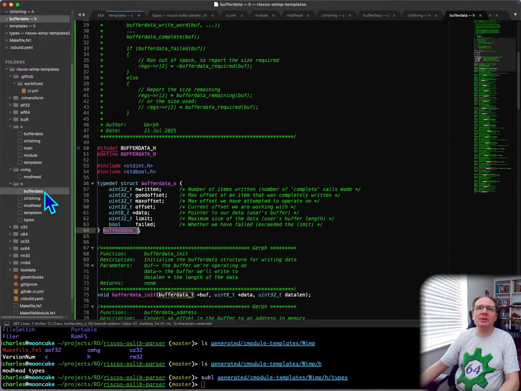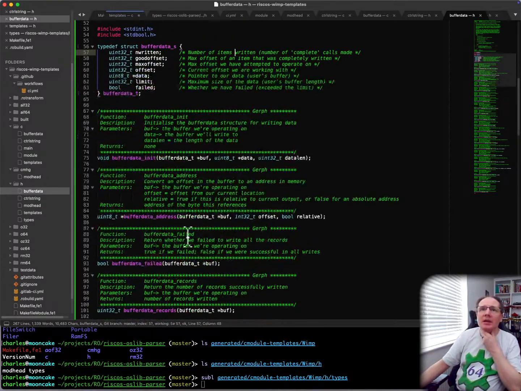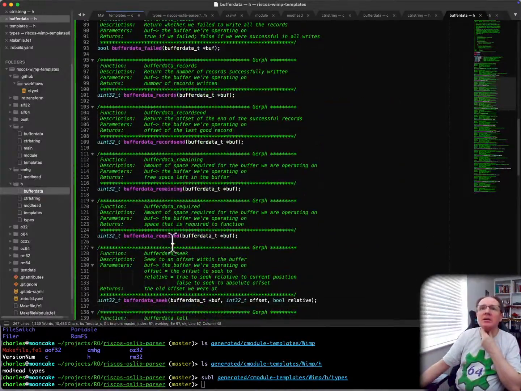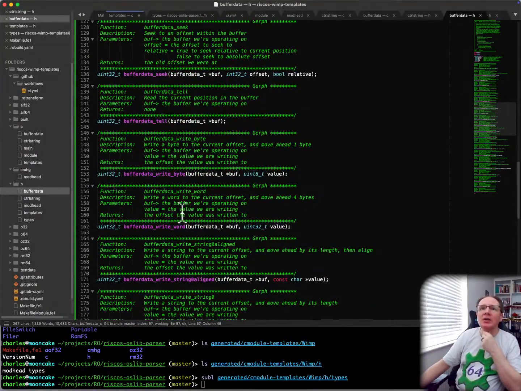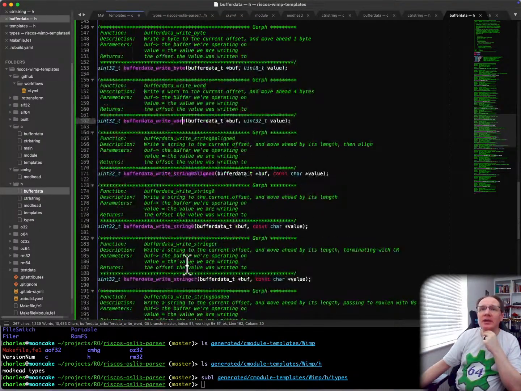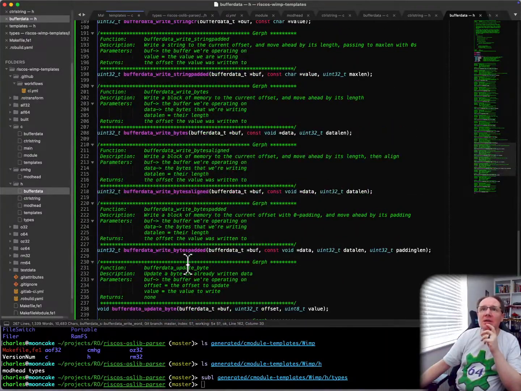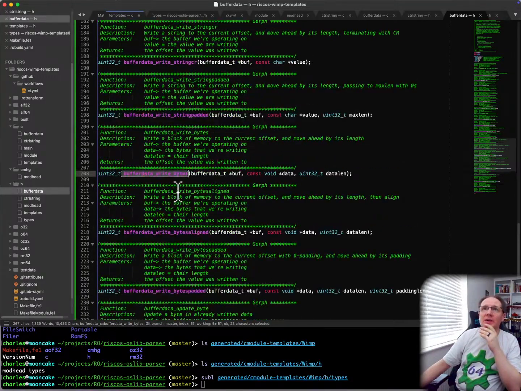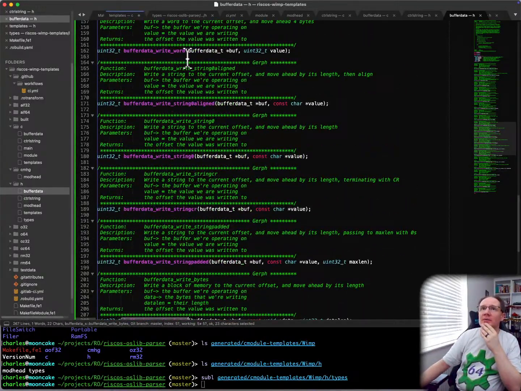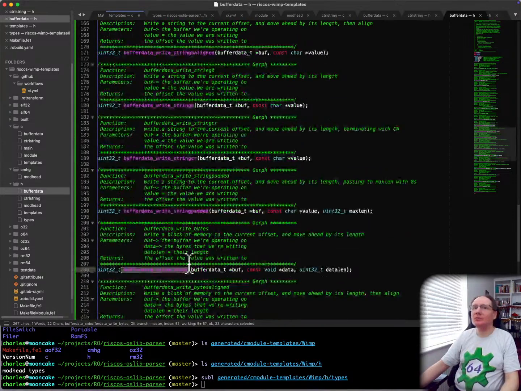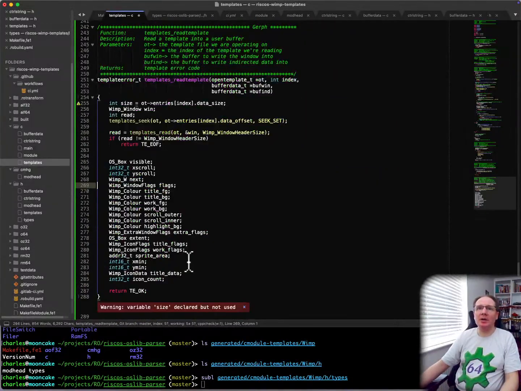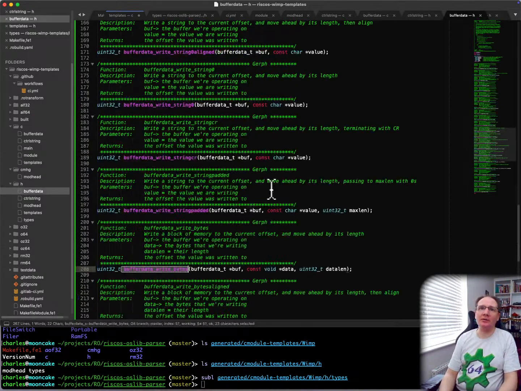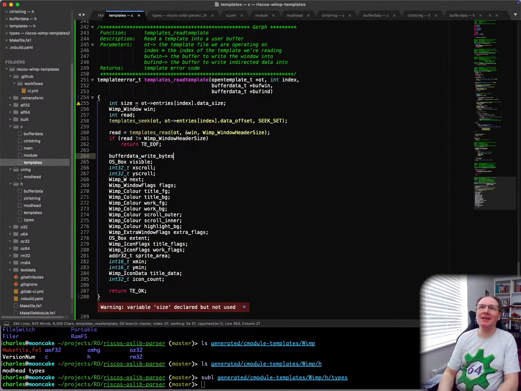And I need to remember how to use the buffer functions. So what do I want to do? Write a word. Okay, write some bytes. That's an arbitrary amount of data. Good. So arbitrary amount of data is one of the ones we're going to use, and write a word is also something we're going to use. So we'll start out with those, and then we'll work our way through it. So first thing to do is we want to copy this box. Buffer data. I've forgotten already. Write bytes. There we go. Write bytes